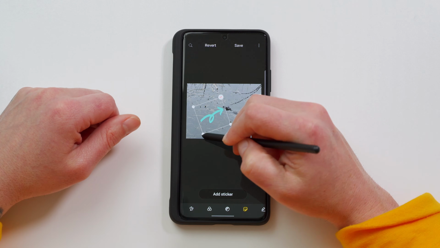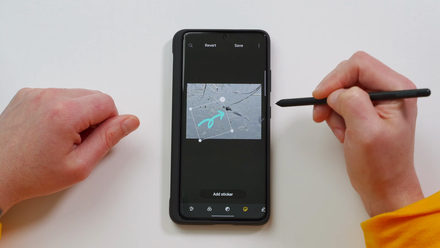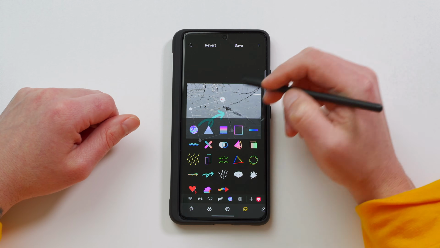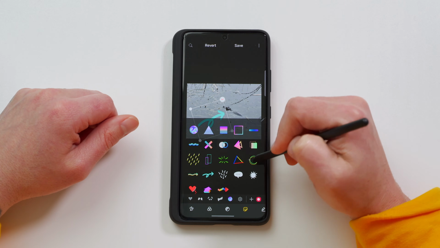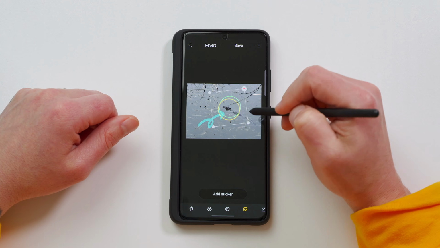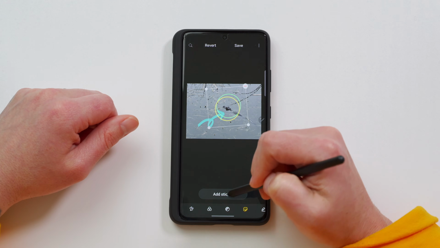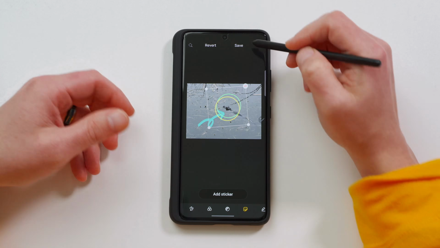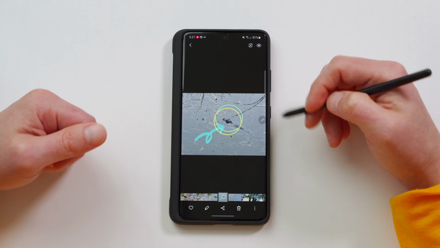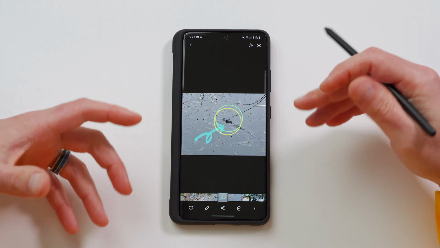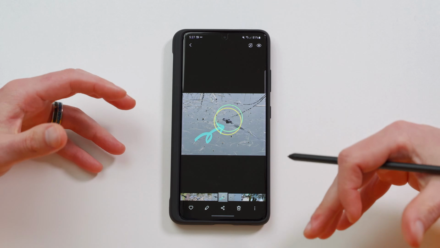You can move it around, get it to where you want, and then just tap add sticker. And now I can add another one. So say I wanted to add circles around the gator, I could do that as well. And once everything is the way that you want it, just tap save, and it will save the image exactly like that. So that's how you can add some stickers to spice up your photos, especially for social media,